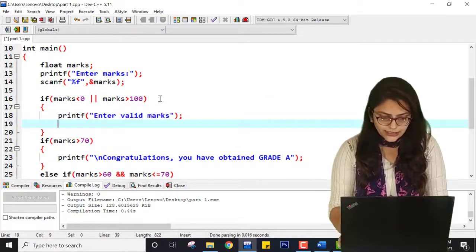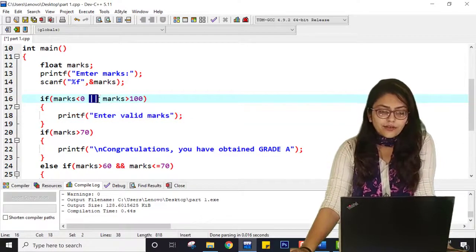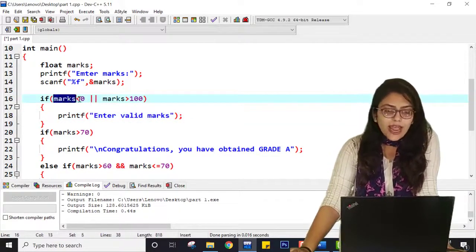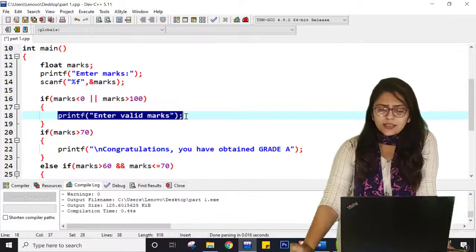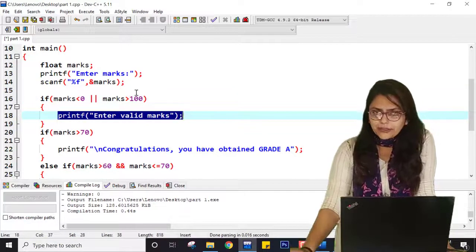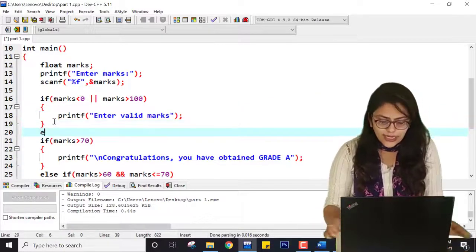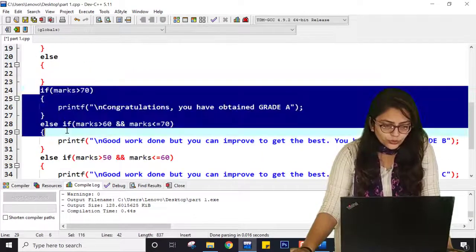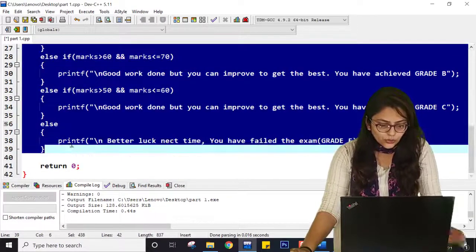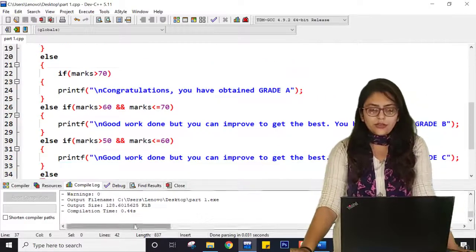Why have I written or over here? Because if any of these conditions is true, I want to print this. If marks is less than 0, I want to print this. If marks is greater than 100, I want to print this. And inside else, I am going to cut this entire code and paste it inside else and save this program.